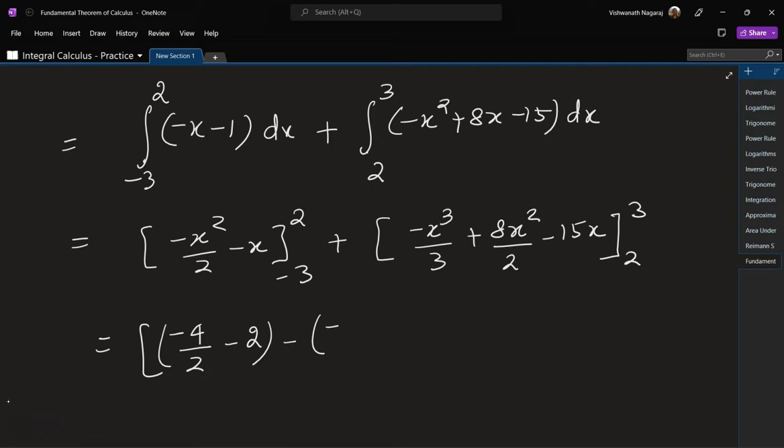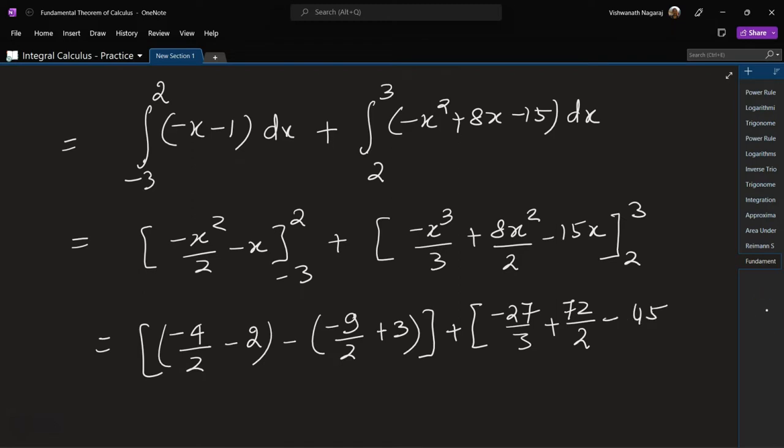minus 3 square. So that would be 9 by 2 minus 3. So plus 3 plus, again 3 cube is 27. So minus 27 by 3 plus 8x square. X square is going to be 3 square, 9, 9 8s are 72 by 2 minus 15 times 3, that is